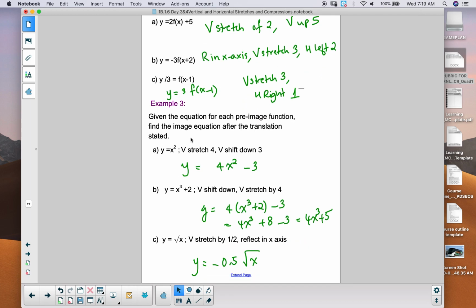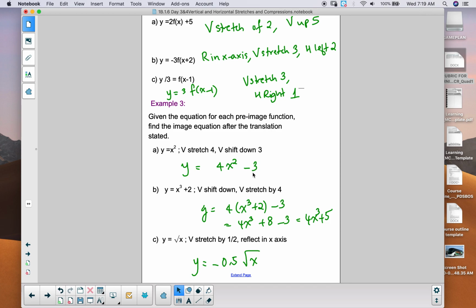In example 3, you're given the equation of the pre-image function, and you're given some transformations, and you have to say what would the new equation of the image function look like. So y equals x squared has a vertical stretch of 4 and has vertically shifted down 3 units. What does it look like now? Well, because it's a vertical stretch of 4, it becomes 4 times x squared, and then minus 3 for the